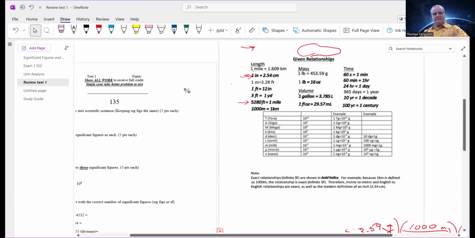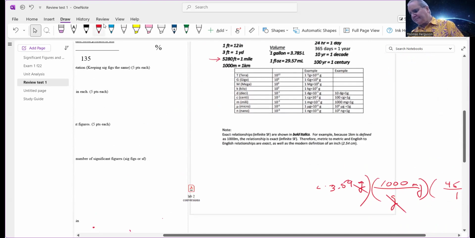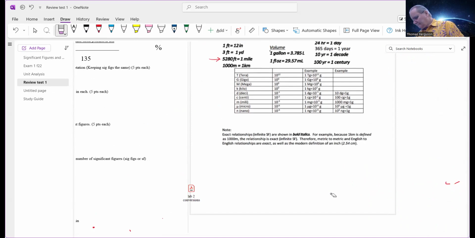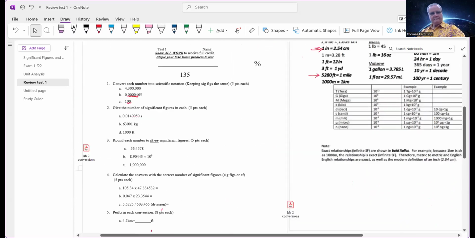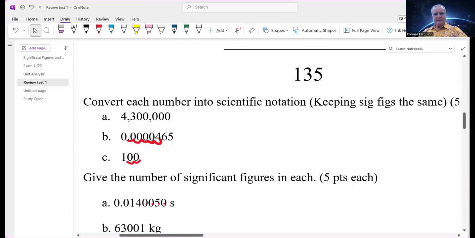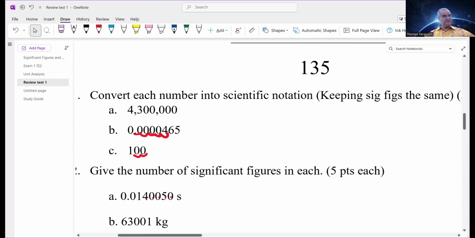Okay, and notice part of the test, I'm giving you the version sheet. Convert each number to scientific notation. Sounds like dry lab 1 to me. Okay, so that's going to be